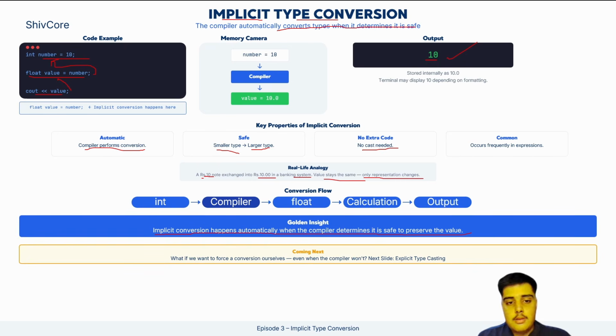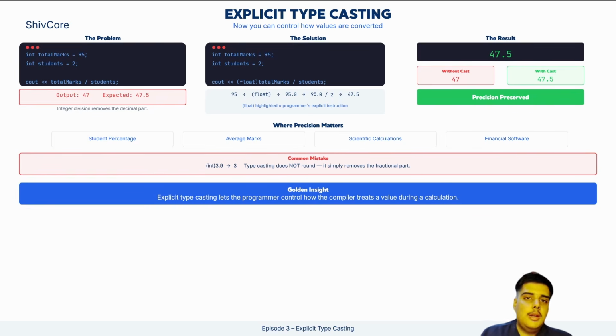And what if we want to force a conversion ourselves? That's where explicit typecasting comes into the picture. Here it is. Now you can control how values are converted. The problem: int total marks 95, students 2, the value is 47 but expected is 47.5. The solution: we use explicit casting, we make the output float where total marks is divided by students